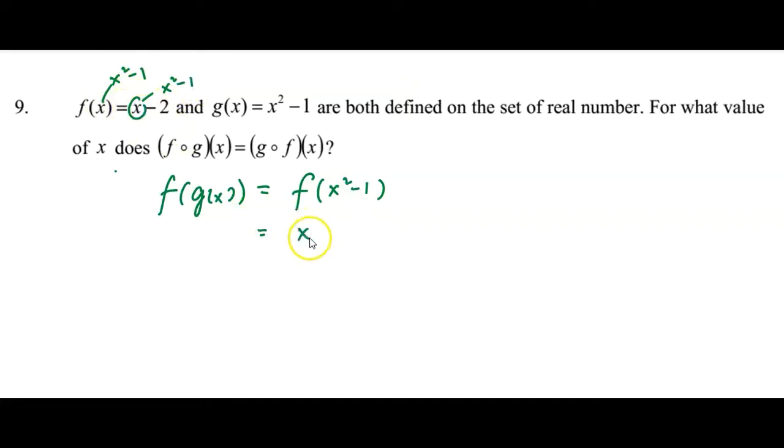So this will become x squared minus 1, replacing this x, and negative 2. Alright, simplify it, you will get x squared minus 3. Okay, so now to get the g of x,